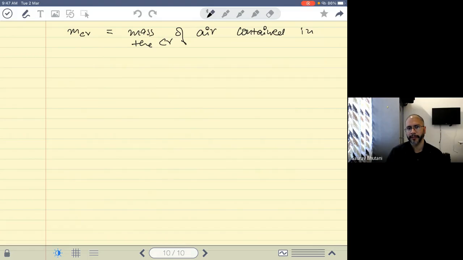Now it may happen that at different times different molecules will move in and move out of the control volume. So if I ask you again, what is the rate of change of the mass of control volume with time? Now this may not be 0,